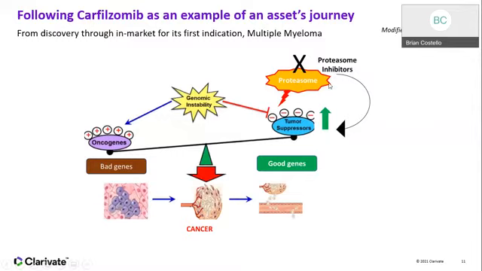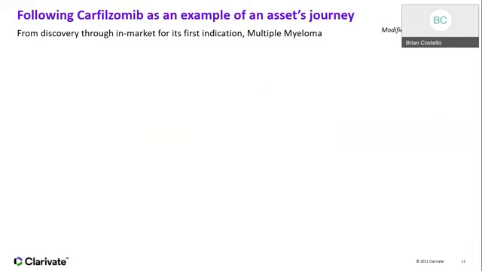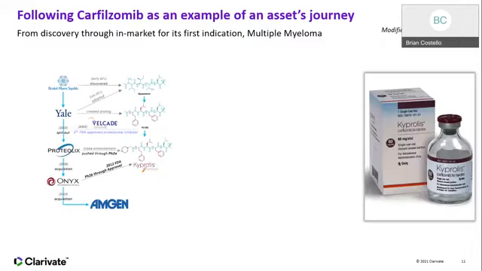One approach has been, therefore, to identify molecules that can inhibit this proteasome machinery so as to increase the levels of these tumor suppressors and thereby prevent the classic markers of carcinogenesis, that is uncontrolled cell proliferation, angiogenesis, cell viability, etc. Now, going forward to this proteasome inhibitor carfilzomib, it's a very interesting story. In the early 1980s, Bristol Myers Squibb discovered a naturally